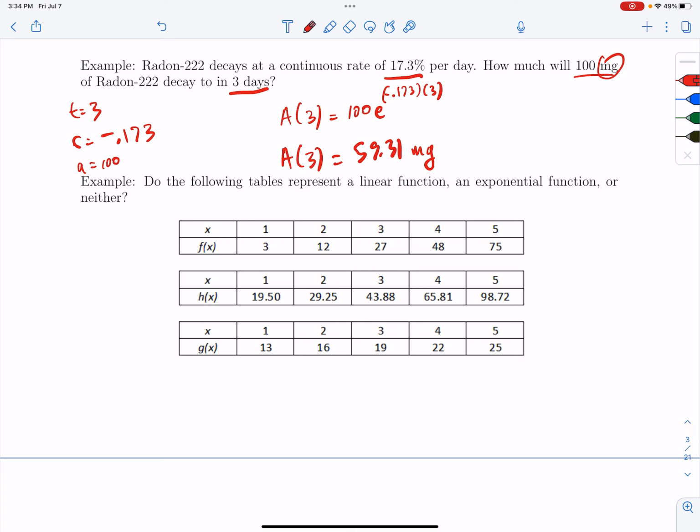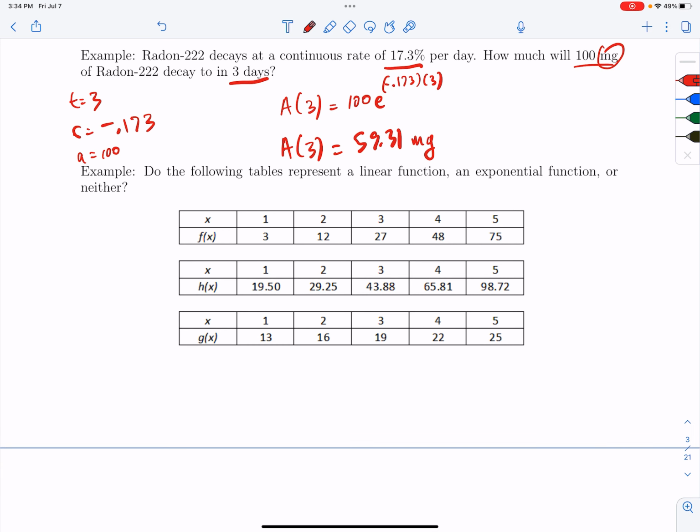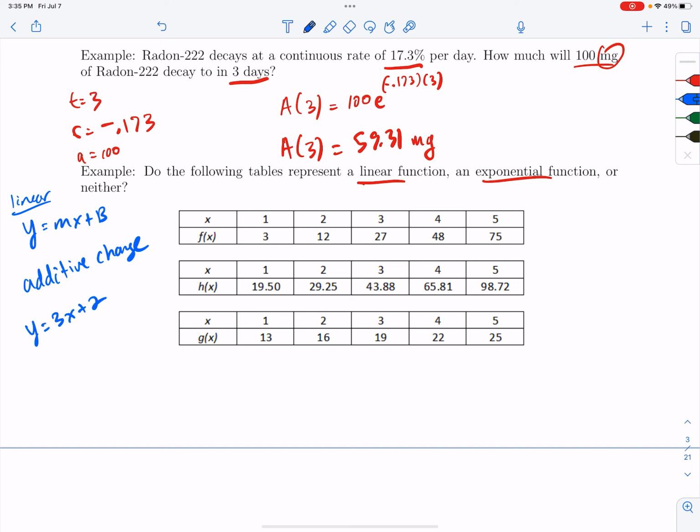All right, and then the last thing is to compare some functions to see if these are linear functions, exponential, or neither. Now, to determine if something is linear, a quick refresher, y equals mx plus b, that's one of the forms. So if something is linear, we say it has an additive change. In other words, each step down on the function, we are adding the same value. So if I had y equals 3x plus 2, if I make a little table here,